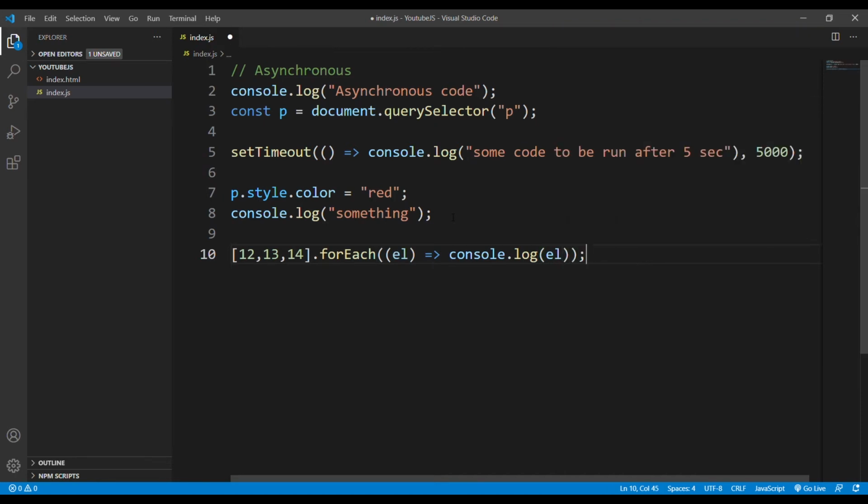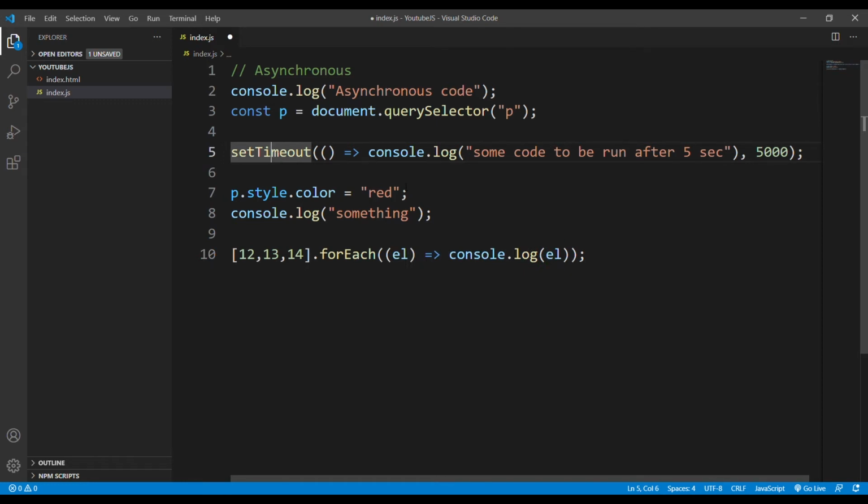This will run in a synchronous fashion. Callback is being passed here also. So to make it more clear, I just want to tell you that a callback doesn't make any code asynchronous.